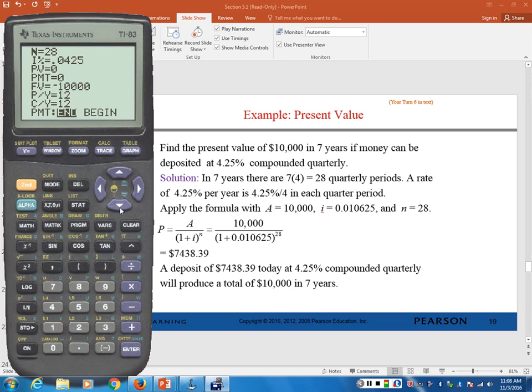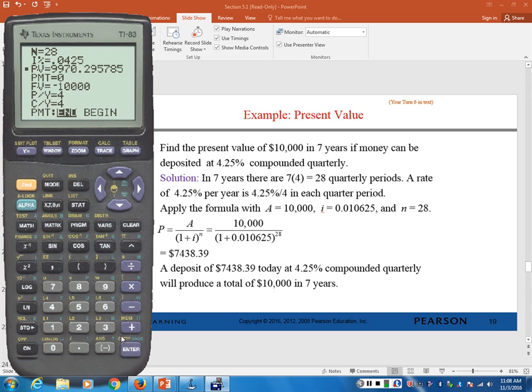And then the number of compounding periods per year and the payments per year are going to be the same. It's going to be 4 times a year because it's quarterly. So then we're going to go back up here to the present value and see if we get the same thing. And in order to get it to calculate that, you click alpha,